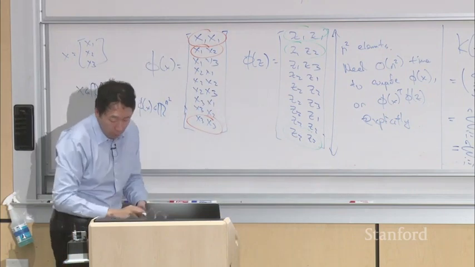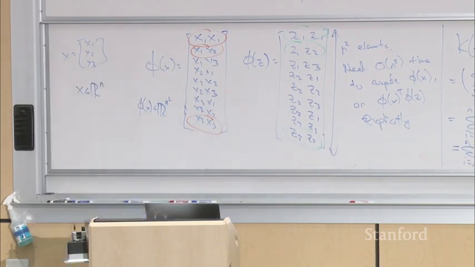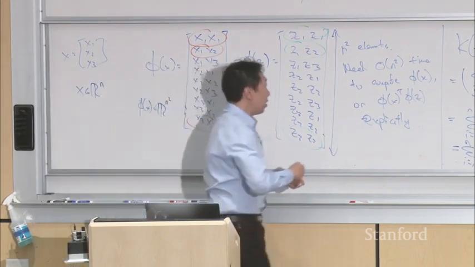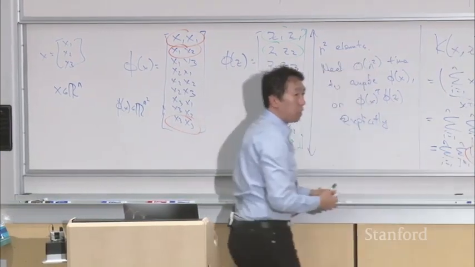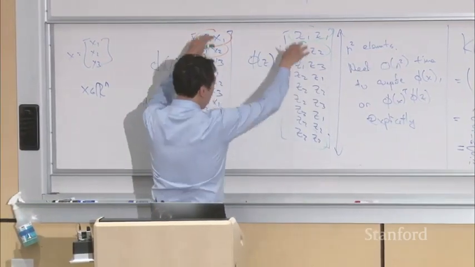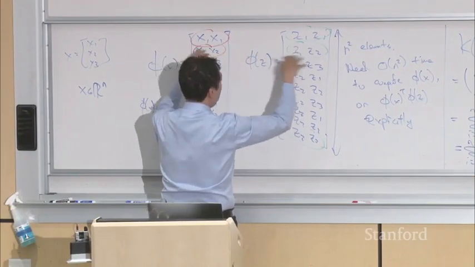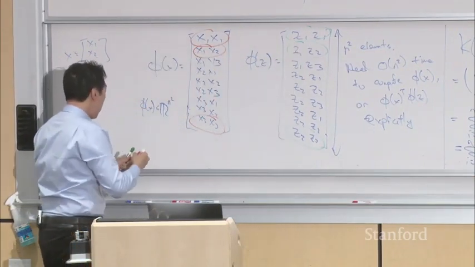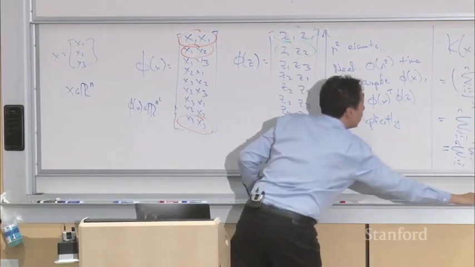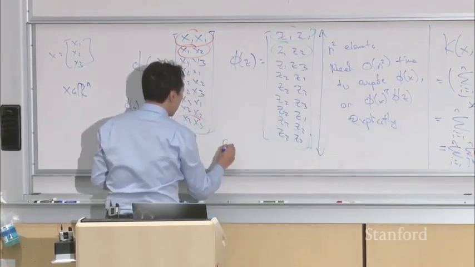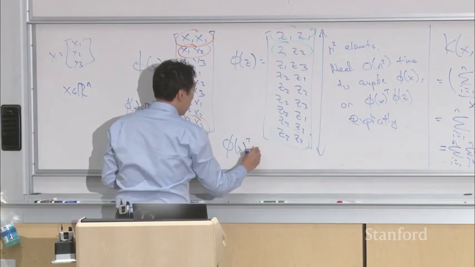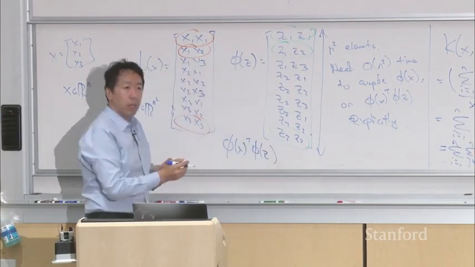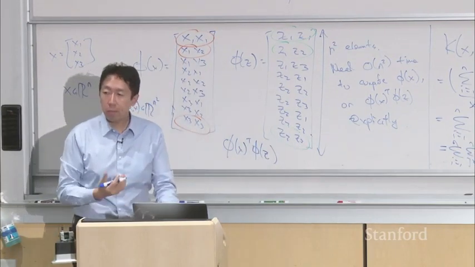So this formula is just marching down these two lists and multiplying and adding up, which is exactly phi of x transpose phi of z. Okay, so this proves that